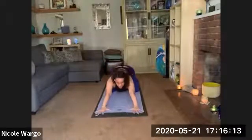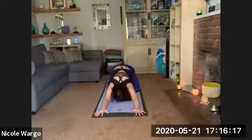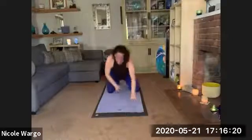And we release. Let's take a little bow. Child's pose. Lengthen through your spine. Lengthen your arms. There's a beautiful balance here where you get a good stretch, but you're not overstretching. Can we find that and temper those energies? Right? A union